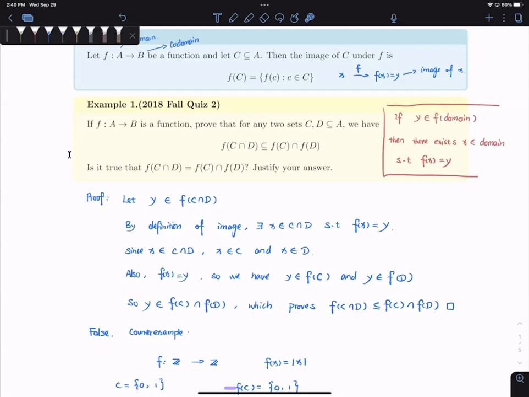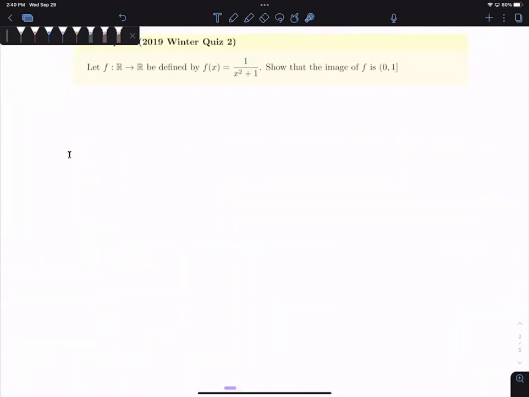Let me tell you another trick, just for tests. Do not think about it for assignments, just for tests. Venn diagrams help a lot for true or false questions. For test questions, if you see a true or false statement that's going to take a long time to prove, for example, proving something about the image, that's going to take a while.